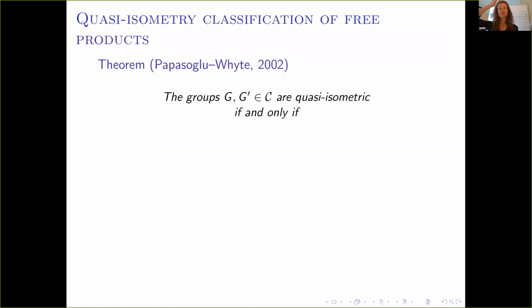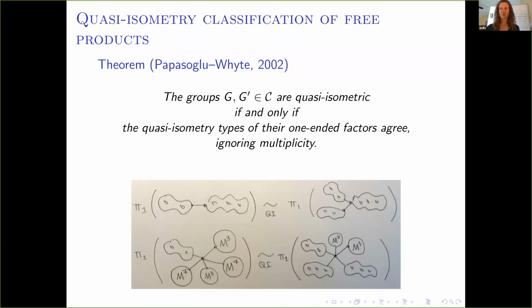Okay, so the quasi-isometry classification within this class of free products follows from work of Papasoglu and White from 2002 in much greater generality. But in this specific case, it says that two free products of hyperbolic manifold groups, G and G prime, are quasi-isometric